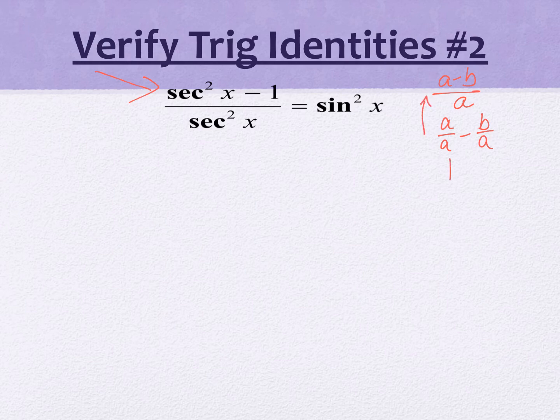Now I can see a over a would be 1 minus b over a, and I can keep moving from there. So separating the denominator is when you have only one thing in the denominator and you put it under the pieces of your numerator. So I'm going to do that. I'm going to separate